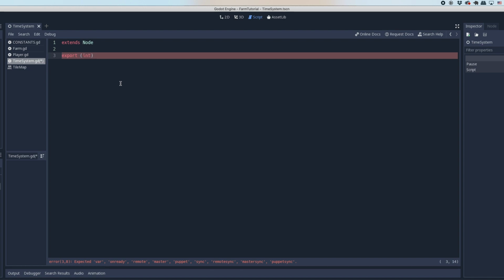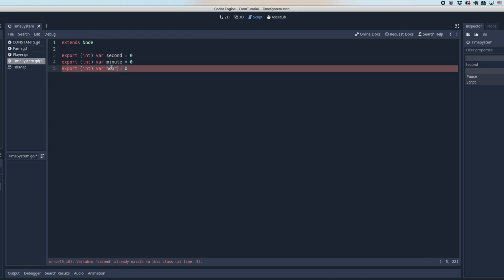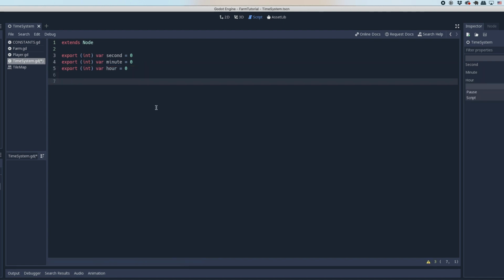int second. For the beginning, we just want second to start from 0. And also I want minute 0, hour 0. Okay, wow, that's simple, right? We already have all the variables we need. Oh no, actually one more thing is that